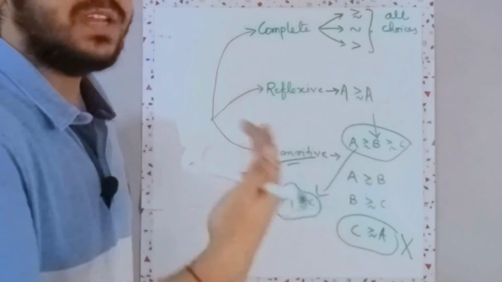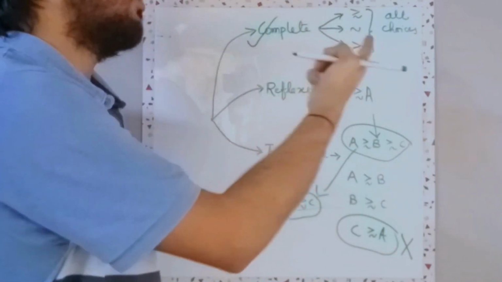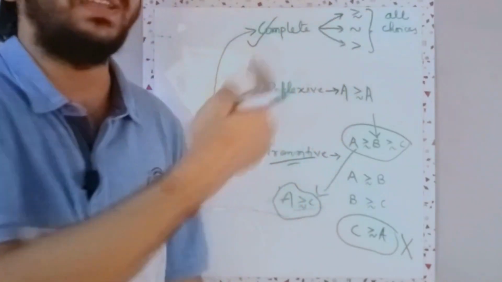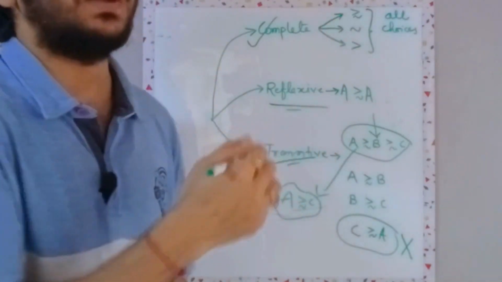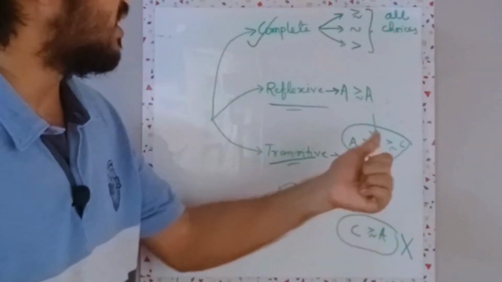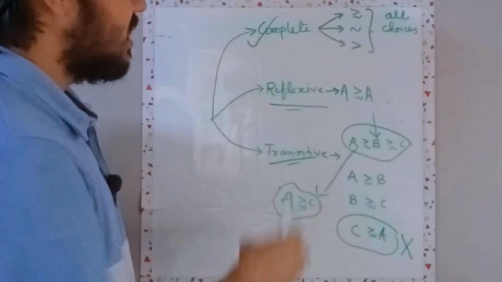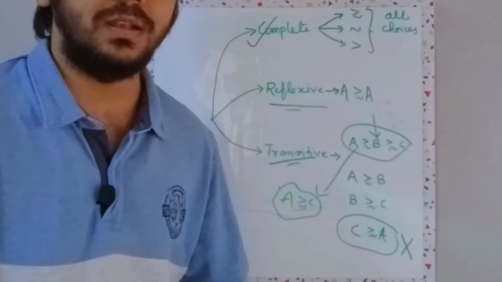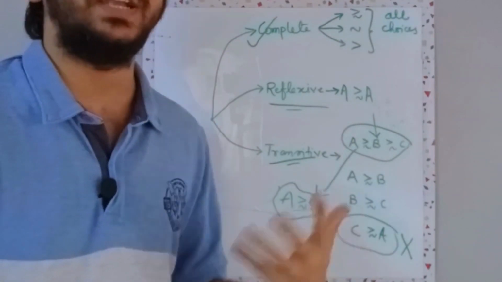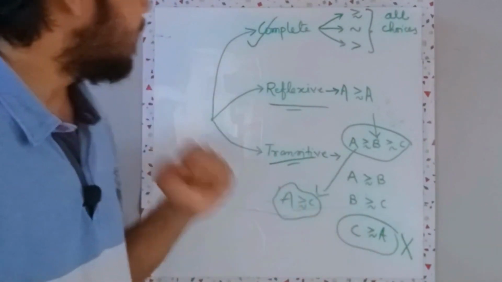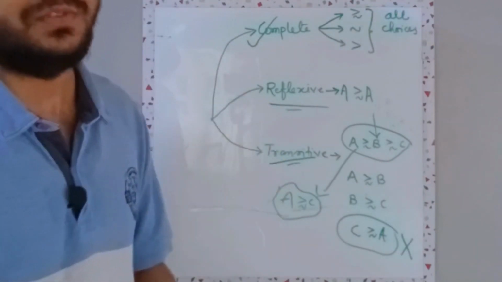So what all things do you have to remember? Complete. This is important. If this is not true, then obviously you cannot compare between all the consumption bundles. Now reflexive. This has a mathematical and philosophical ease to it, so you can leave it for now. And transitive obviously has some kind of logical basis to it. If it's not transitive, definitely you land in very strange situations. Yes, so this is the basic idea about axioms of consumer preferences.